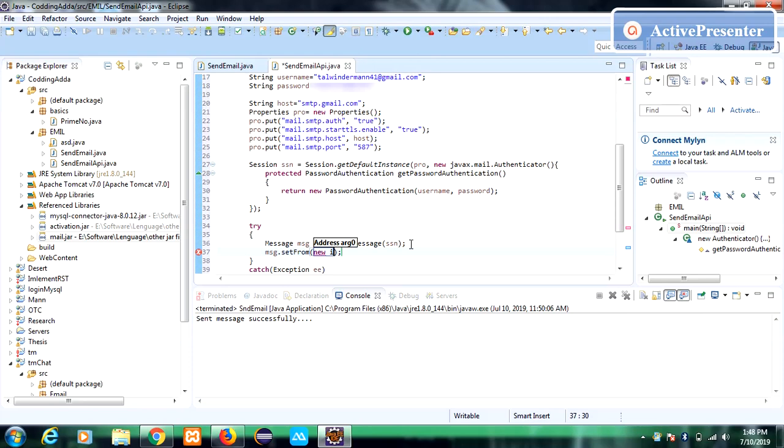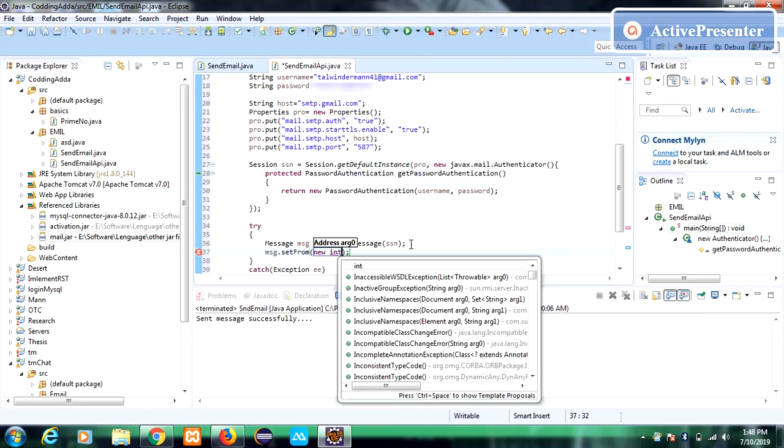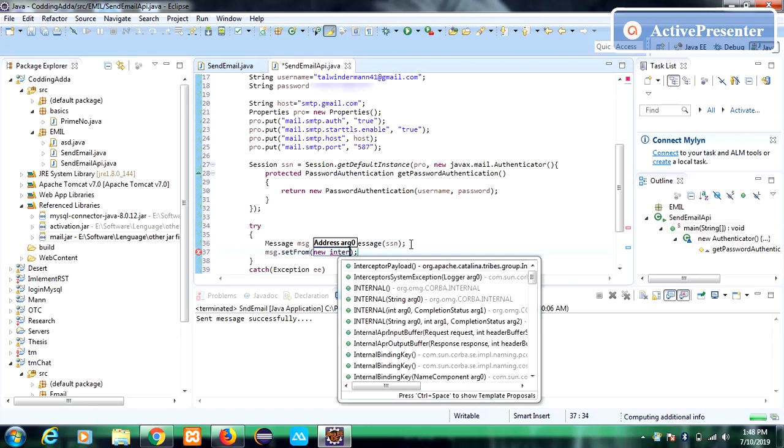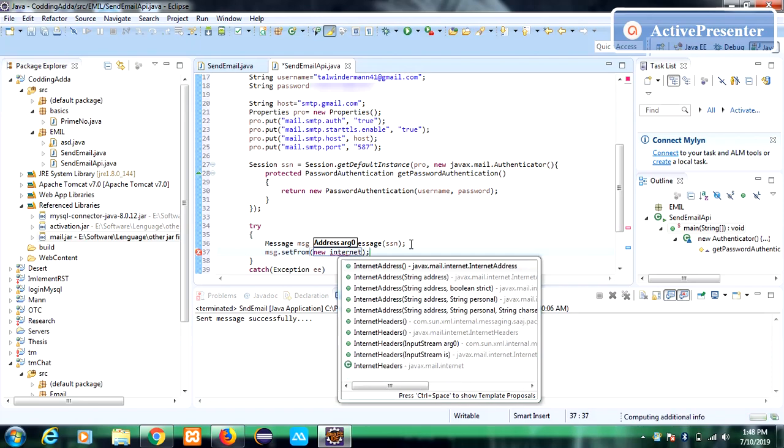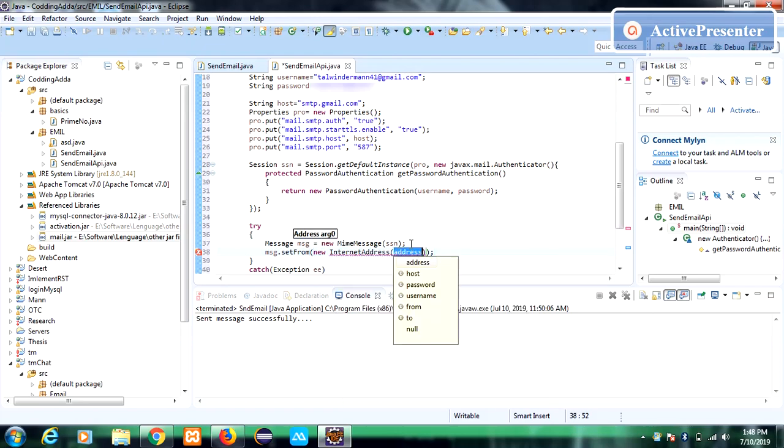New InternetAddress and pass the mail ID which we also created, from. msg dot